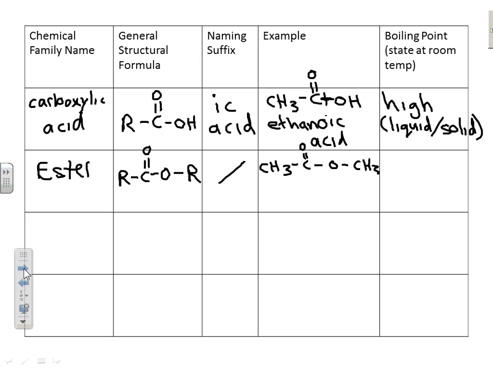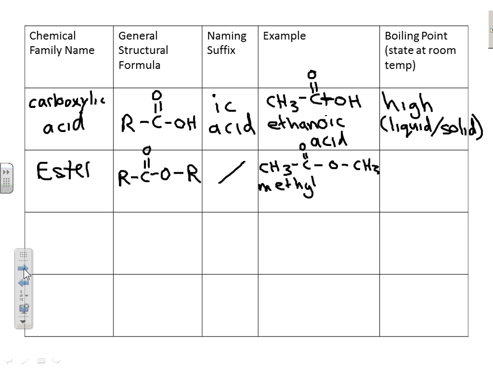So I'll put a CH3 on the end of it. In making this particular ester, I would have had to start with methanol, and I'll show you the reaction in a moment. And I would have needed to use the carboxylic acid ethanoic acid. So the name comes from those two chemicals that we use to make it. This is called